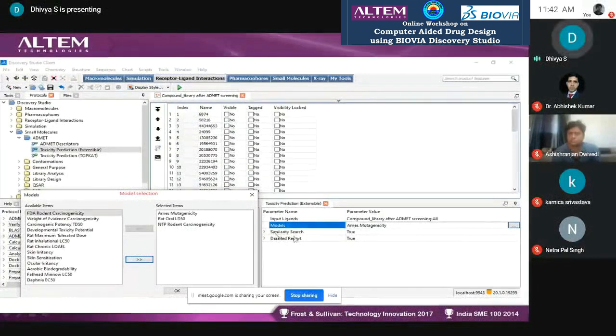In the similarity search, the fingerprints are matched with your molecule, and then the results will be based on either toxic or not toxic. And finally, if you ask for a detailed report, it gives a detailed report about all the fingerprints in PDF format. That will be very helpful for a user to save it in PDF format. That's why we will be giving a detailed report too.